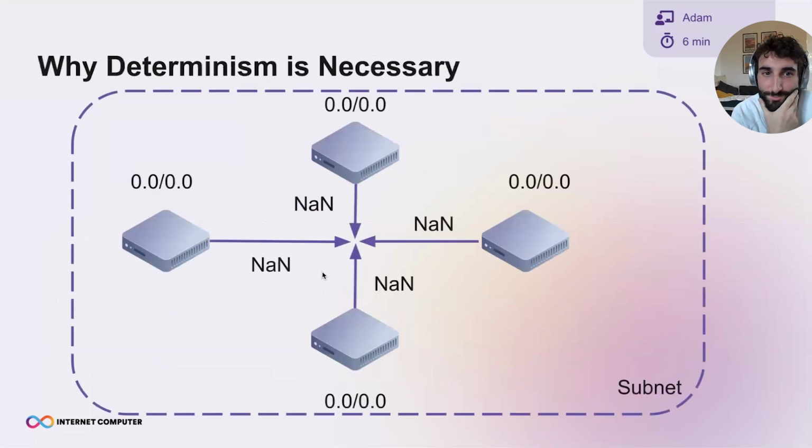Next slide, please. And a quick note about why we need this. Since we're running on a blockchain, you can imagine a bunch of nodes in a subnet, and some canister decides to do this invalid operation, 0 divided by 0. The result will be NaN. And if different nodes get different NaNs as the result, there's no way they're going to reach consensus because they're all going to disagree on what the result of this operation should be. And so that's why we need this Wasmtime pass to canonicalize all the NaNs, to say, whenever you get a NaN, it's the same one, and the nodes can agree and the subnet can make progress. Next slide, please.